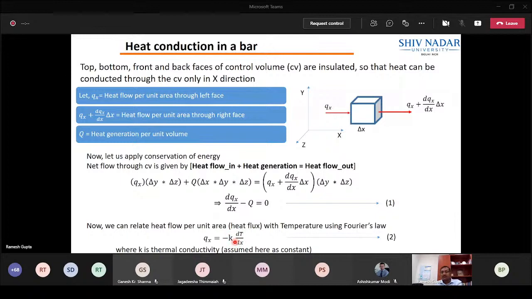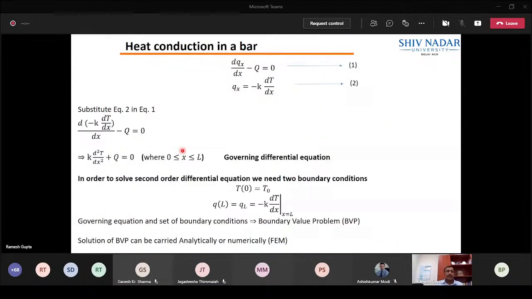So now by combining these two equations, I am able to get the governing differential equation, which is nothing but a second order differential equation. The thermal conductivity, I bring it out so that it is a kind of a constant, but it is not necessary. You can bring it inside so that it will be a function of x. Now, if you look at